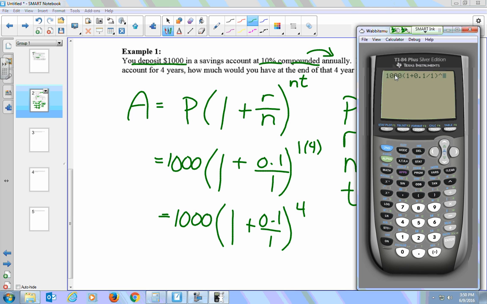Okay, so we had 1,000 bracket 1 plus 0.1 divided by 1, bracket, and then the little hat, and now we can just put in a 4. And now if we just press enter, we get